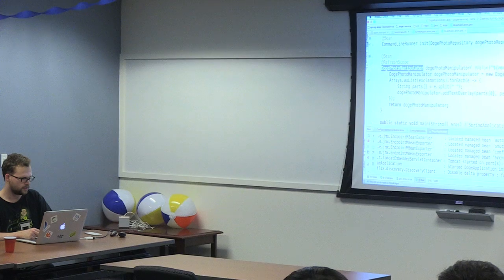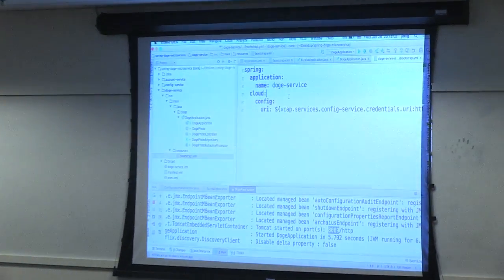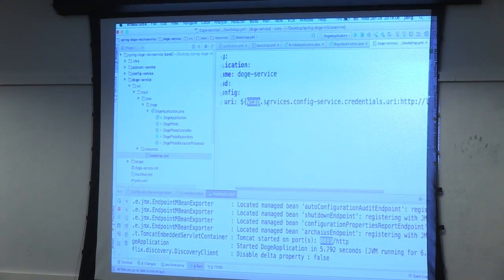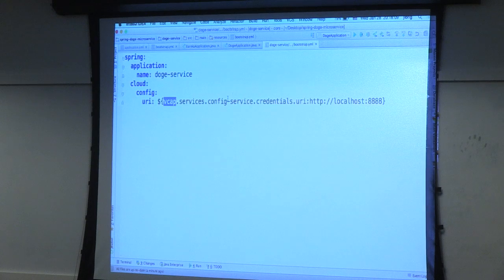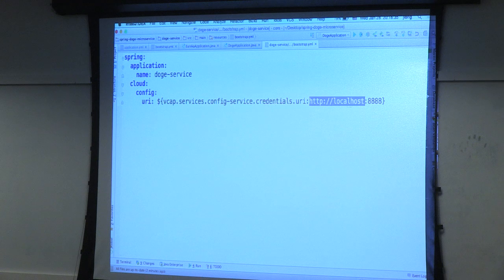That happens by virtue of the fact that my Doge service is both. First of all, my Doge service is connected to the cloud config service. I'm saying to Spring Cloud, get your configuration from the VCAP services environment variable, and then inside that environment variable, there's a JSON structure which has as the first key a config service value. And then inside that JSON structure, there's another key called credentials, and then another one called URI. So I'm walking an environment variable JSON path pretty easily here, right? And then I can say, if that's there, then use that, which is great for Cloud Foundry or some environment like that. Otherwise, default to my local host, which is what I'm using right now, localhost 8888.